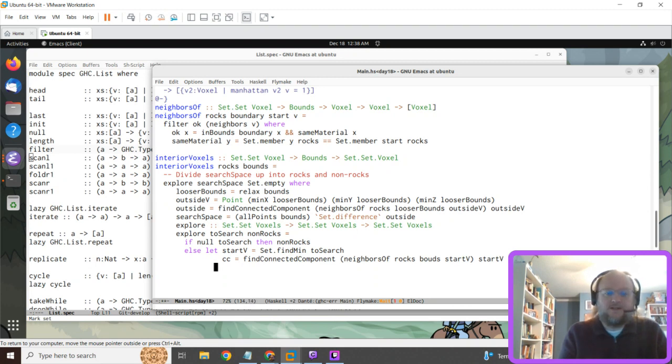And then we're going to recurse. So we're going to call explore, and we're going to remove the connected component from our search space, and then